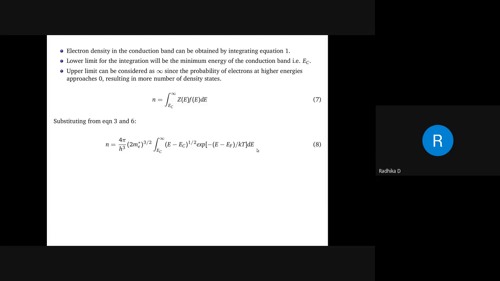Obviously, whenever you are integrating, there has to be this small element, then only will you be able to solve the integration. This doesn't look that easy to solve as of now, right? It looks a bit complicated. So for that reason, within this integral, what you are going to do is multiply by this particular term: exponential EC by kT into exponential minus EC by kT. Or in other words, multiply and divide by exponential EC by kT.